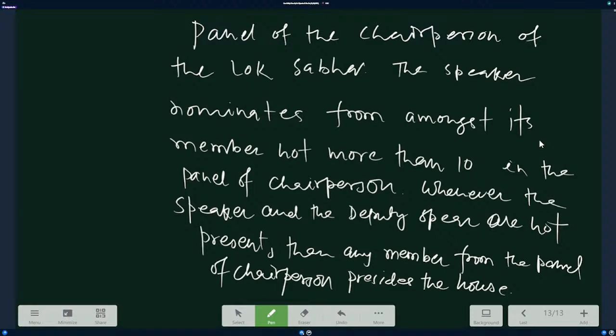कौन? Leader? नहीं. No. Any person of the house, elected amongst its members. कोई भी, any member of the house elected amongst its members. ठीक है, फिर से एक छोटा सा इलेक्शन होगा and then it will be decided. ठीक है, got the idea?